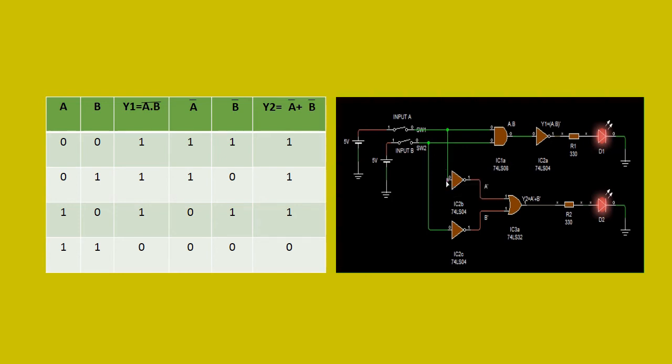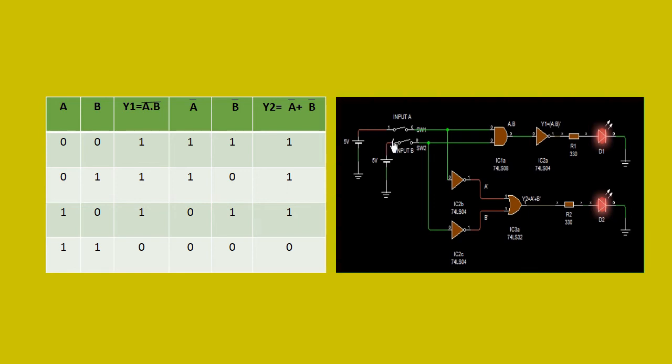This A input is now connected into this input terminal of the NOT gate. So here we get one output. This B input is connected with this NOT gate input terminal. So this is 0 and the output is 1. So this 1 1 in output of the NOT gate is now connected with the input of the OR gate. So here we get one output. This one output or this current is passing through this path, and so this LED will also glow. So this is the first condition.